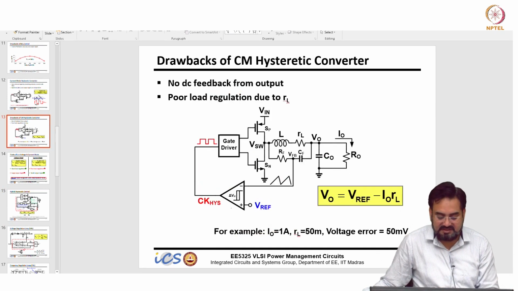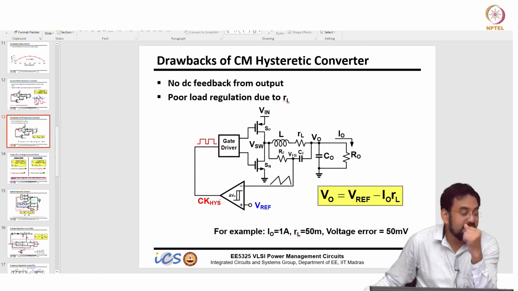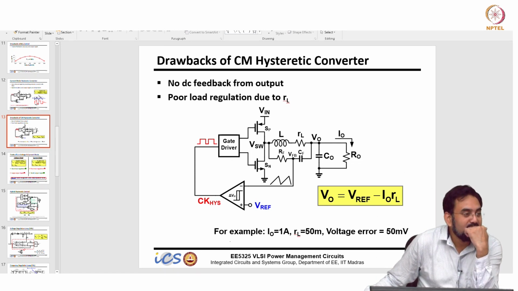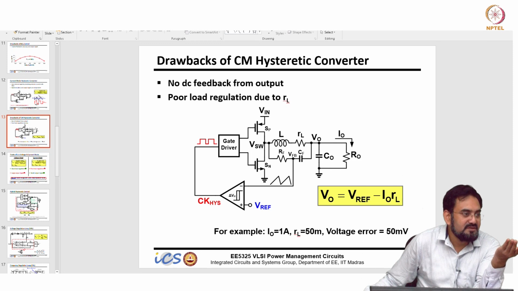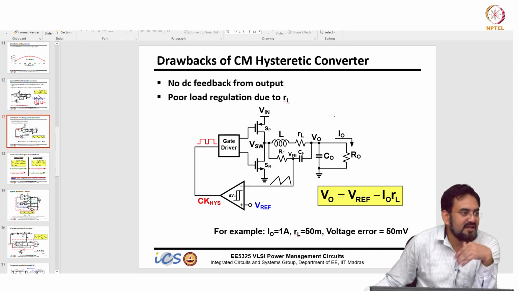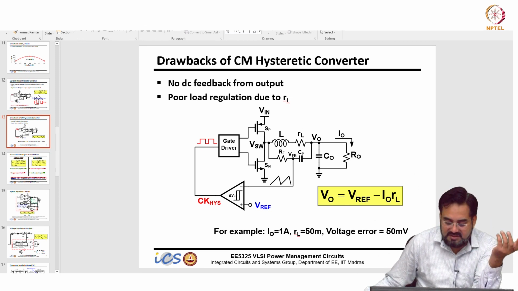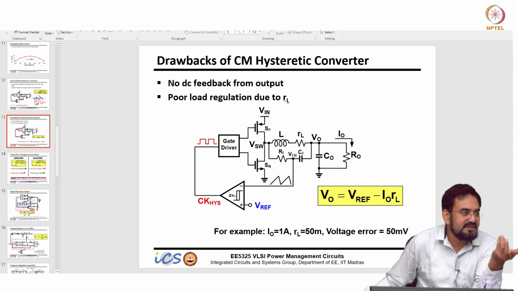You guys remember the PFM mode? How did we do that? We had the same thing, a hysteretic comparator. And you look at the output, when it discharges below this lower threshold, then again the comparator trips and charges the output. So you automatically get the PFM here. You don't require two different controls here. So when you go into the light load condition, all you need to do is just a zero cross detect, that's it, and turn off this switch, and the frequency will be automatically taken care of by the comparator.